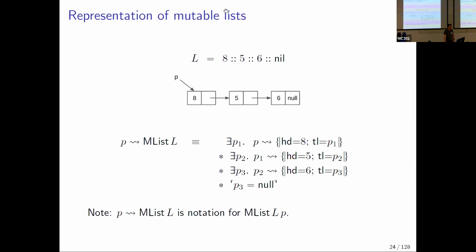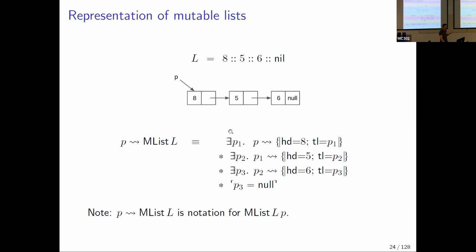All right. So when I write this, that's OCaml notation to say 8 cons 5 cons 6 cons nil. That's a pure list, and when you write this in OCaml, this is pure. There is nothing on the heap. Of course, it is really on the heap, but we don't talk about it in separation logic. And when you have a mutable list, we write it like this, like a bunch of boxes. So if you want to say that P points to the list L, and the list L is this one, 8, 5, 6, then how do you